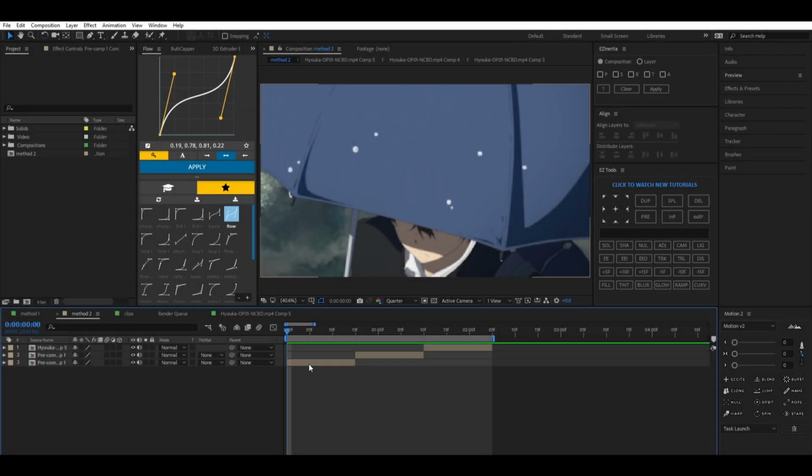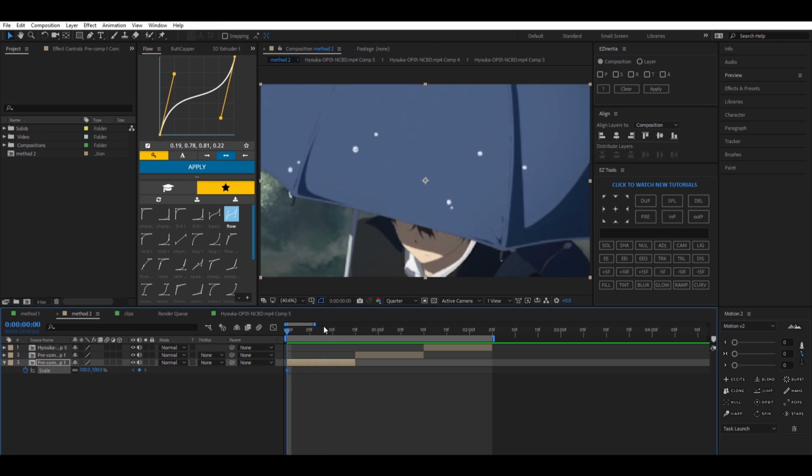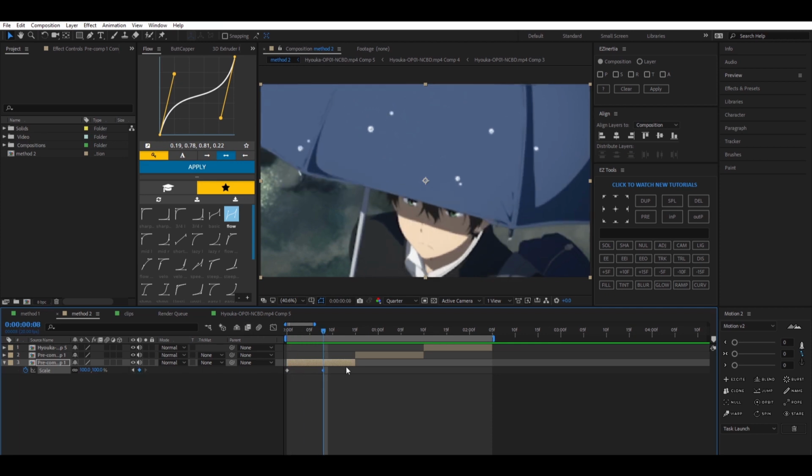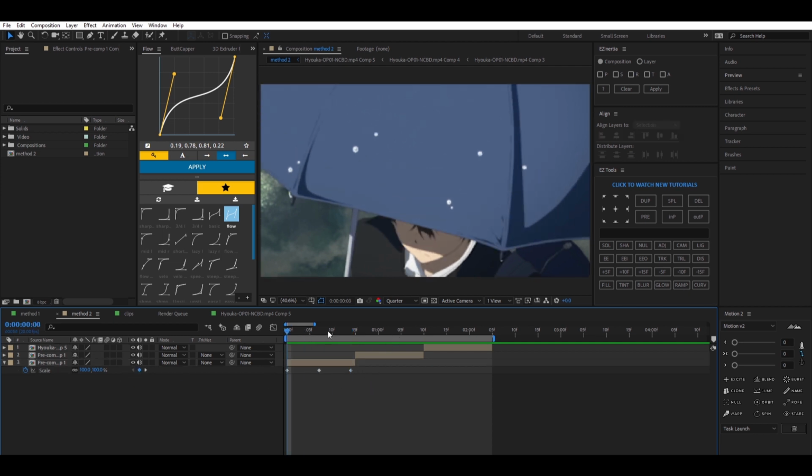So for this method, I'm just gonna do scales but with 3 keyframes instead of nulls. So how this is gonna work is I'm just gonna press S on my keyboard and then make a keyframe at the beginning, make a keyframe in the middle, and make a keyframe at the end of the clip, like so. And then depending on the clip is how you want to scale.